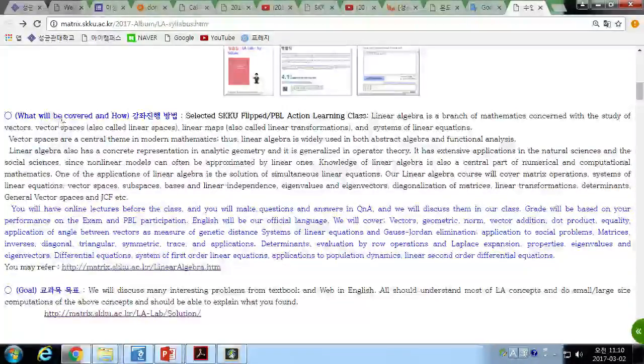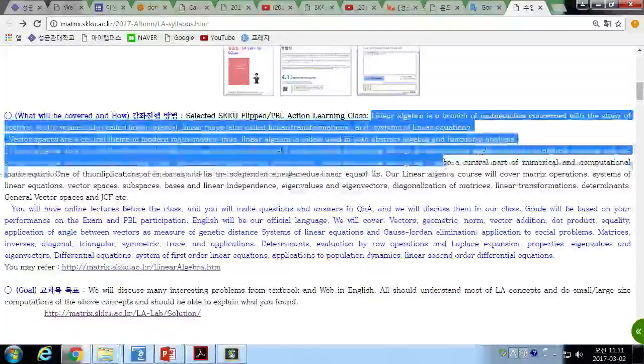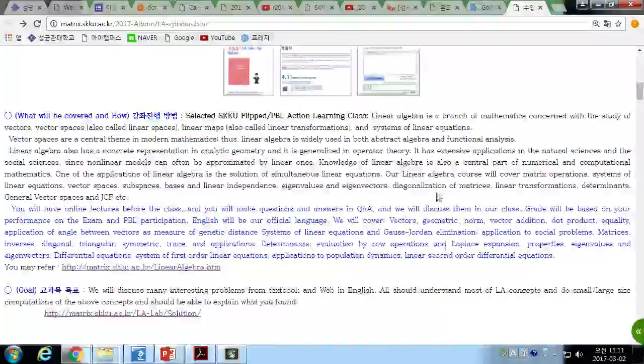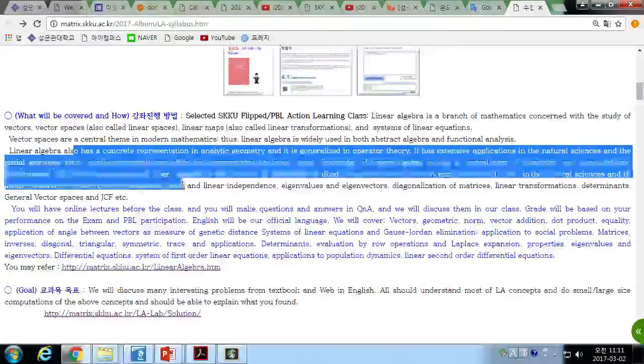This part explains how this course will be learned. This is just a selected SKKU scripted PBL class. That's why all the lectures are saved, so you can go back before and after the class. And we will cover the